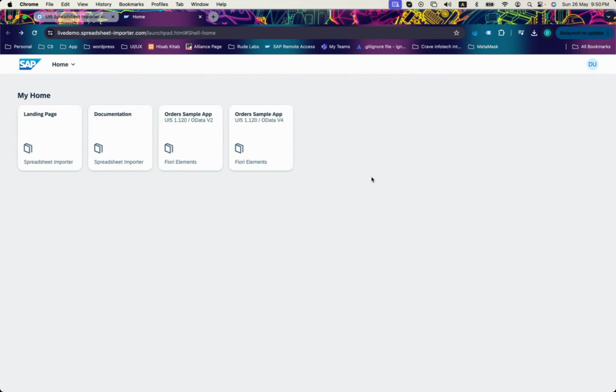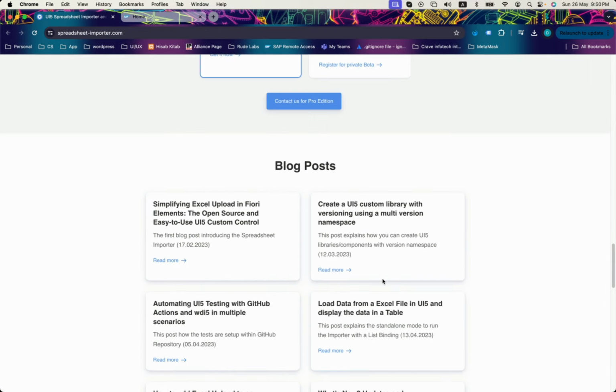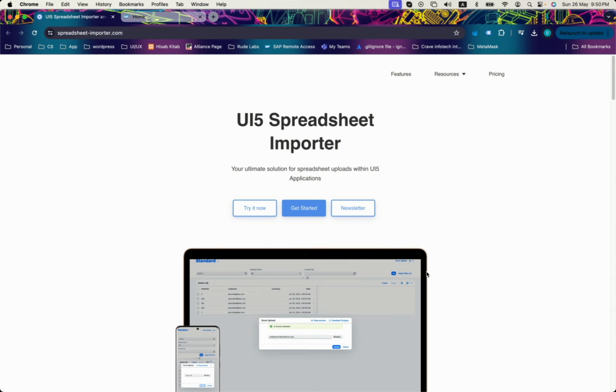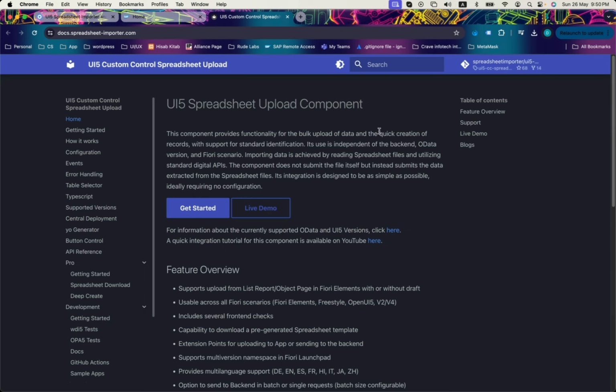Looks pretty simple, pretty easy. It has 2 licenses. One is a free license and another is a pro license. For documentation of this library, you can easily go back to this homepage, click on documentation, and you'll see how to integrate your spreadsheet component into your